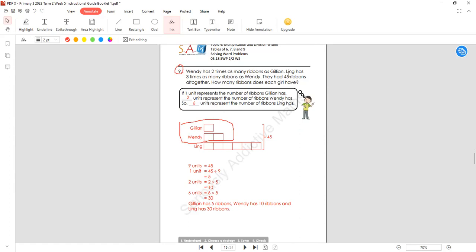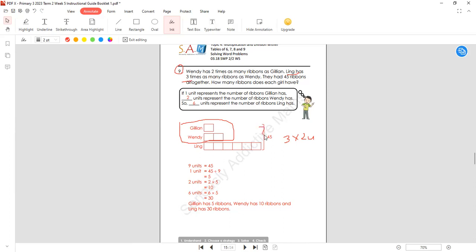So here, when you say Link has 3 times, it's not 3 units anymore. It's 3 times of Wendy. So 3 times 2 units, because Wendy has 2 units, is 6 units. So you've got to draw 6, right? So show them, and then Link has 6 units. Okay, then after that,